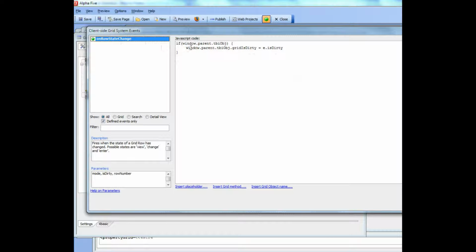And in order to do that I look at the TBI OBJ variable inside the top level object of the current browser window. Remember that we're running inside an A5W page. That means that the tabbed UI is actually running this page in its own iframe. So therefore we have to go up to the top level and then go window.parent in order to see the TBI object. TBI object is the actual